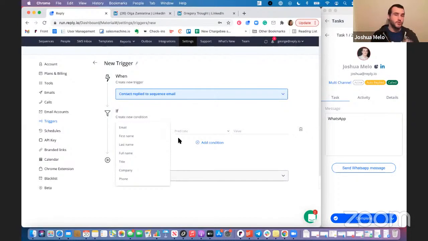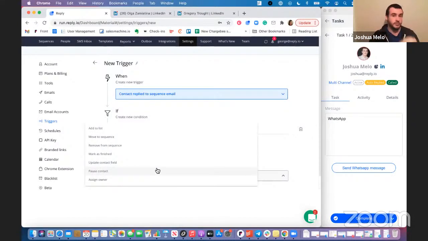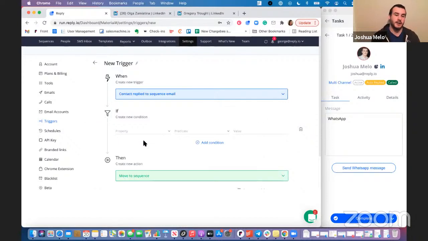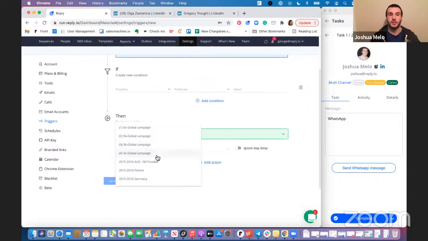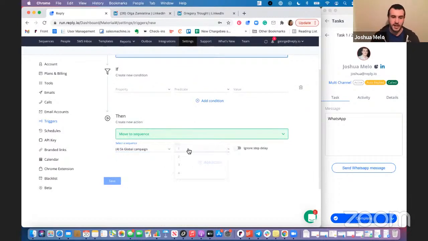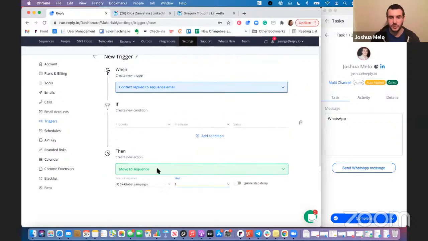Currently, you do need to move them manually from one location to another, and you do have to manually follow up on any emails that you get incoming. This will help speed up a lot of the processes and smooth out the transition from one location to the next, simply by setting up the appropriate triggers that apply to you and moving them between those different sequences.